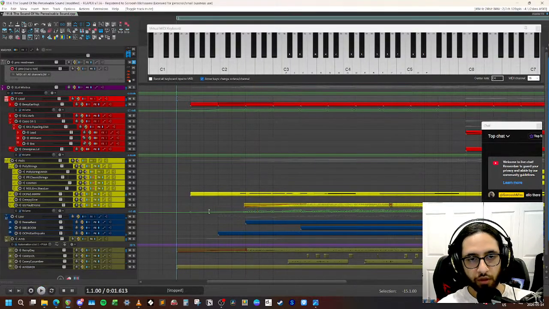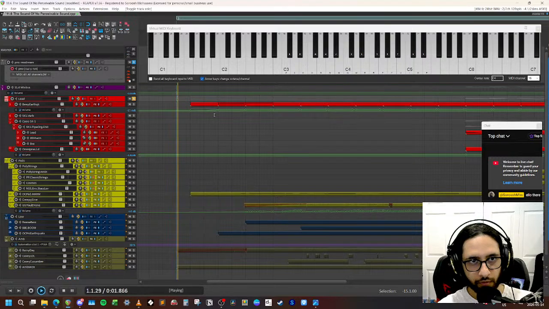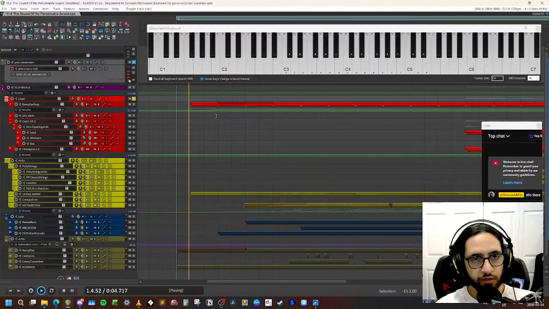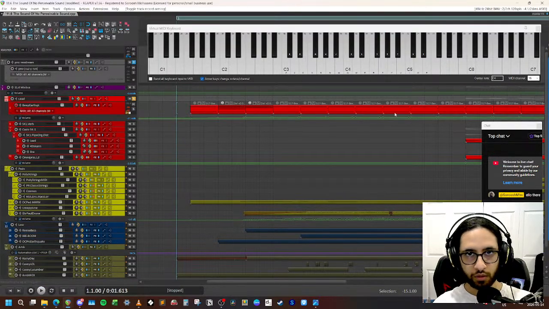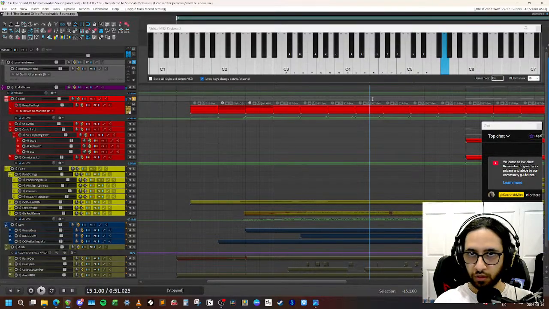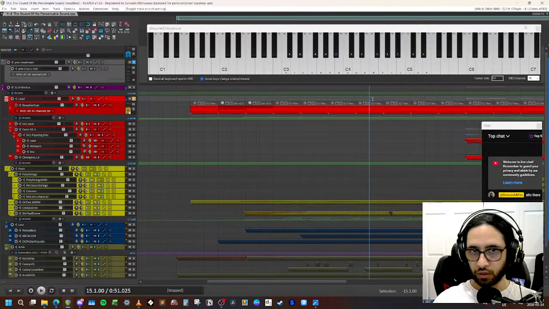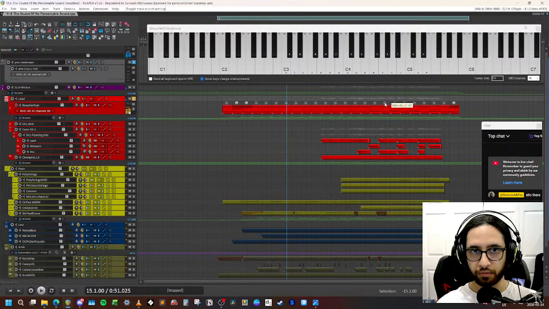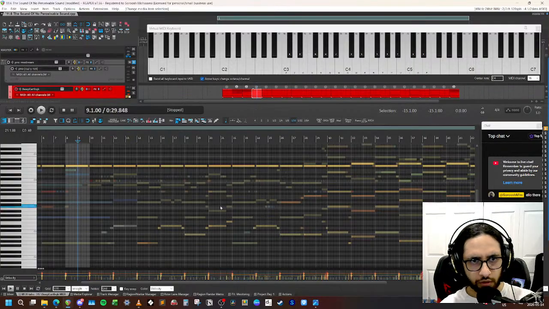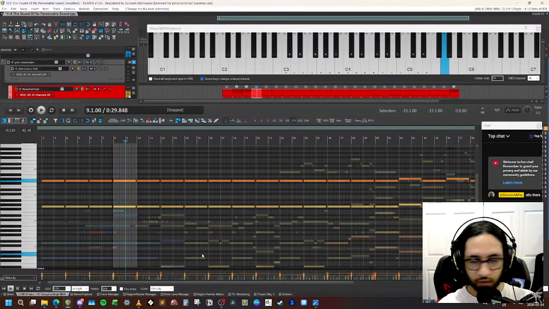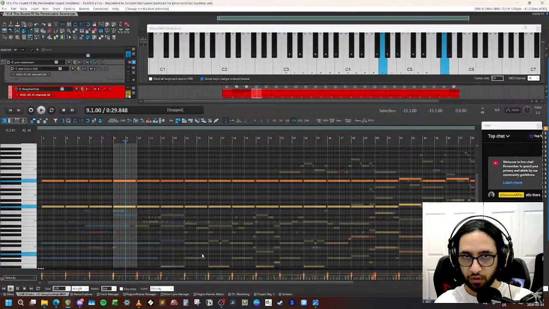All right, so first thing we hear is this. I don't know, you could call it a beep or a ping or whatever. It's just this one note that keeps playing, and let me do this. It's just this G note, and most of the song is in G, so it's kind of like a drone. Is it in octaves? Oh, it's in octaves.